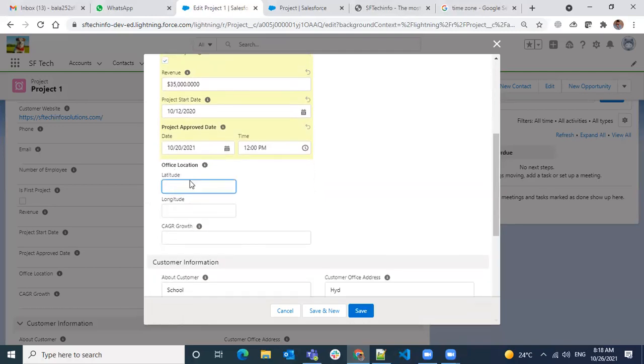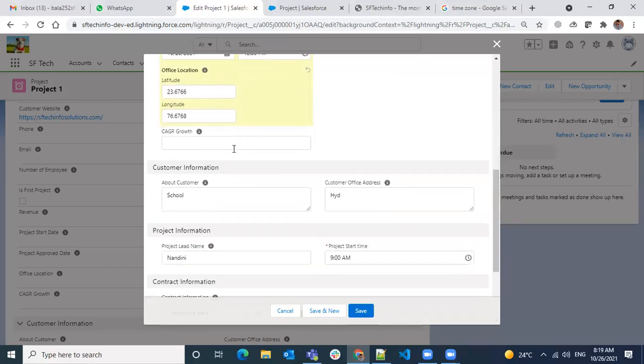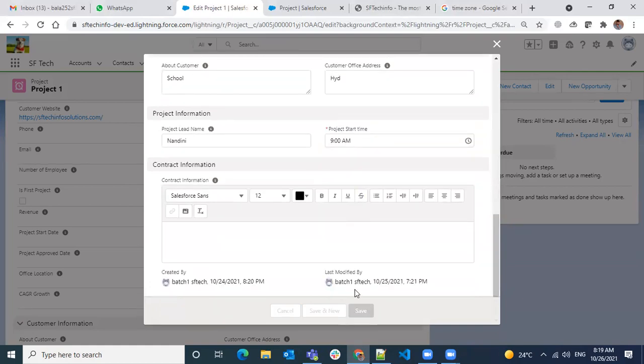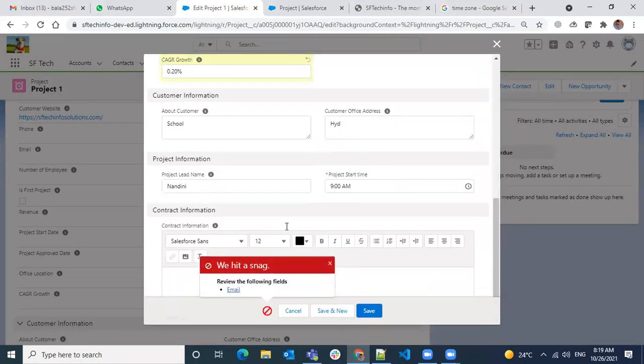Here is the location field, so we have selected decimal places: latitude in decimal places, longitude in decimal places. Usually it will be like this, we'll have some places like this. Usually the latitude and longitude will be, say, 0.20, and let's see how it will display in the UI. And we have some addresses I'm trying to save. It has to show some errors.